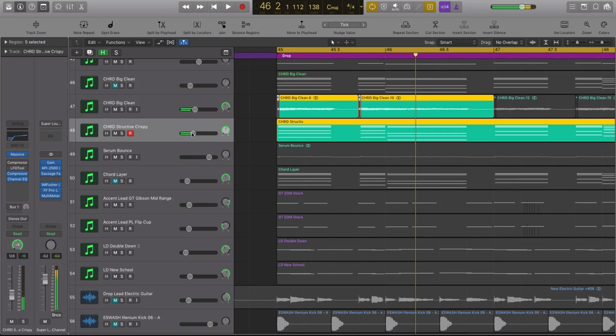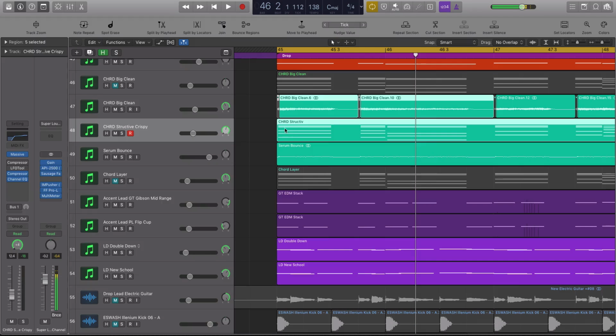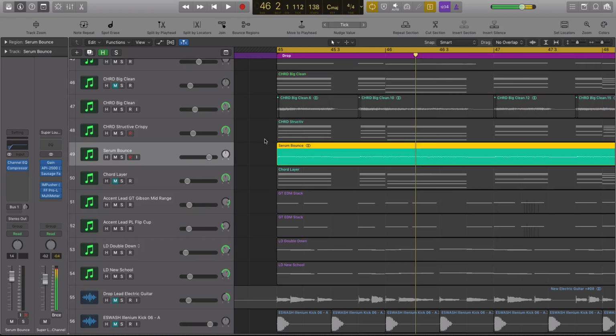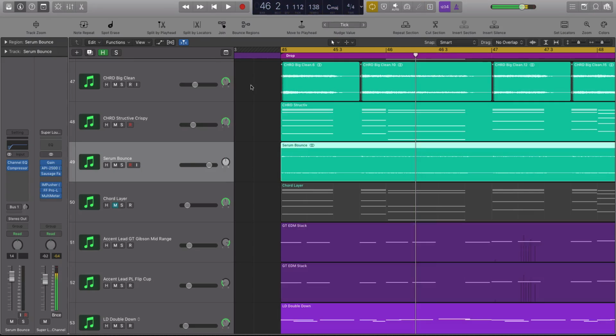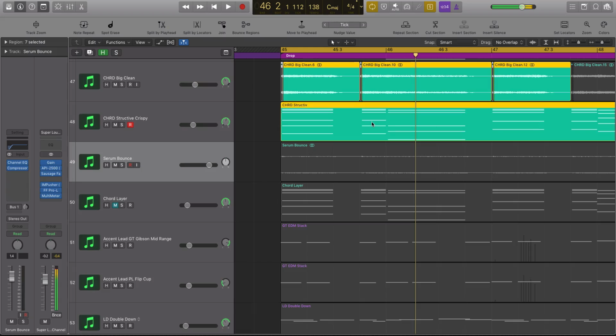Now, that effect of the difference in the attack time will really come into play when we start to sidechain compress the sounds later in this tutorial video. All right, then the next patch I layered it with is the movement. I'm calling it the movement chord. So with these 2 main patches here, the Chord Big Clean and the Chord Structive Crispy from Massive,